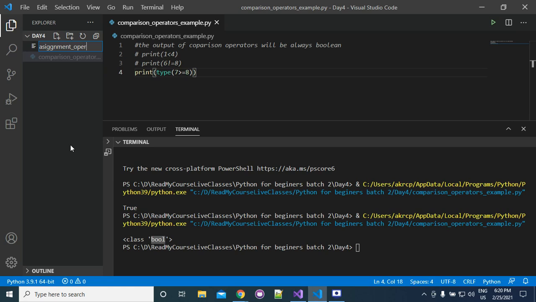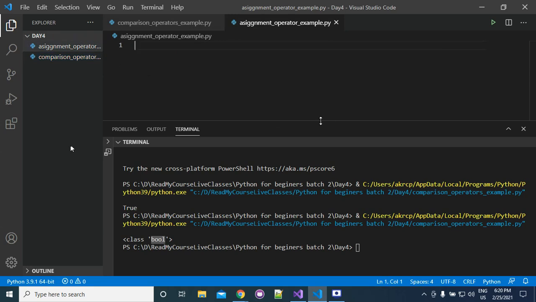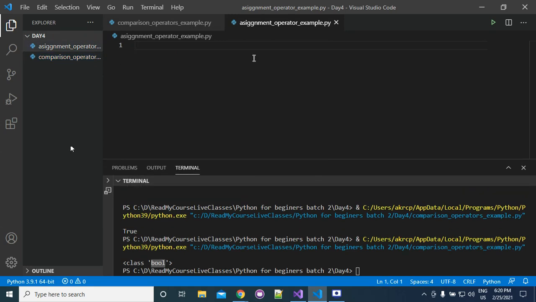So first is the assignment operator example.py. I'm giving them one by one. Suppose that initially the value of a is 10.